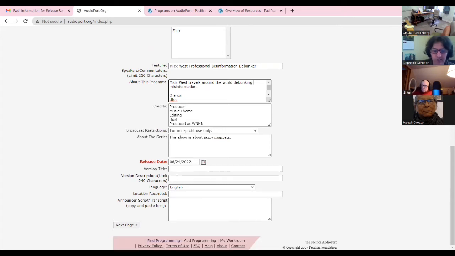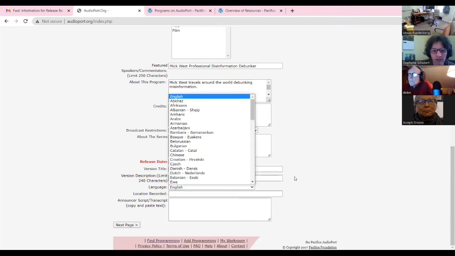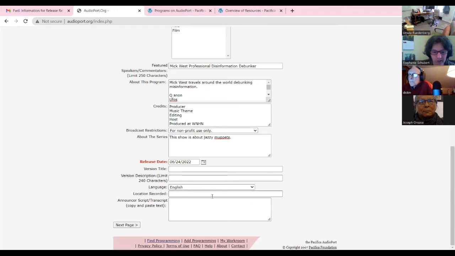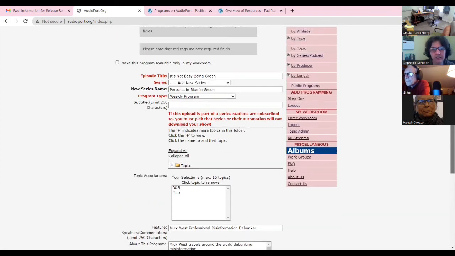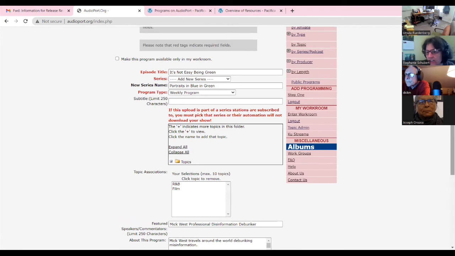Version title, you don't need. Version description, you don't need. Language, you might if you're a Spanish show or another language. Location recorded might be a place that you would want to fill out. There are shows that fill that one out. Announcer, transcript, don't worry about it. Okay, so we got everything filled in here. Looks good. Okay, let's go back to the bottom